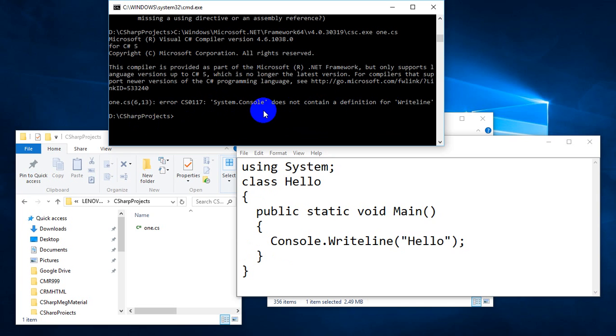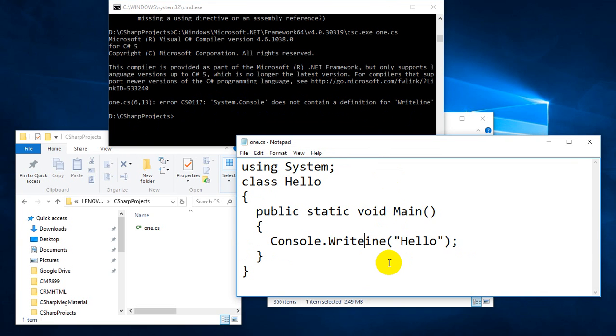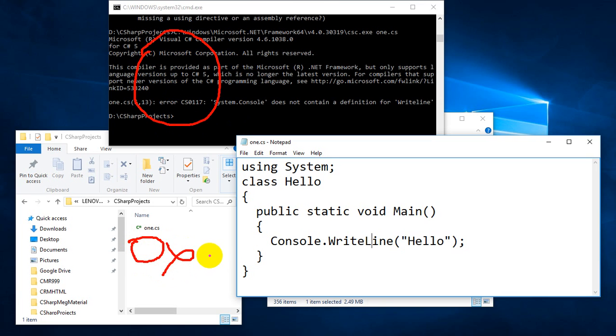So it's very clearly telling you how to identify the error: System.Console does not contain the definition for WriteLine because WriteLine L should be capital. What you can notice here is whenever you're getting an error, it is not generating the exe file. Only when it is successful, then it will generate the exe file.